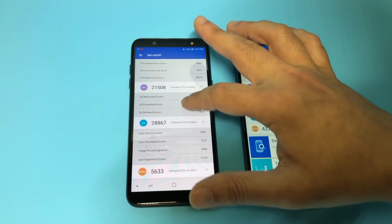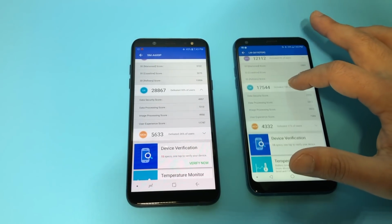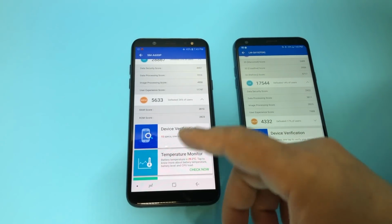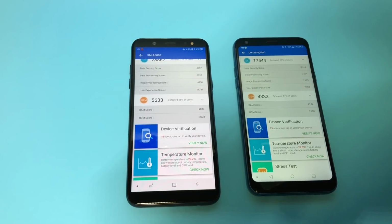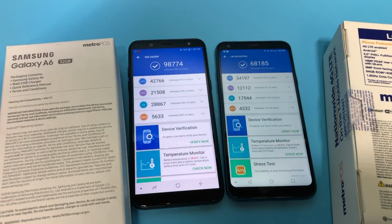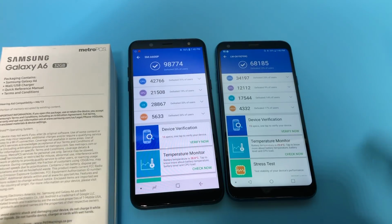Your UX ranked at 28,867 compared to 17,544. You have the memory ranking at 5,633 compared to 4,332. But like you guys have seen, even in my full comparison video, the Samsung Galaxy A6 defeated the LG